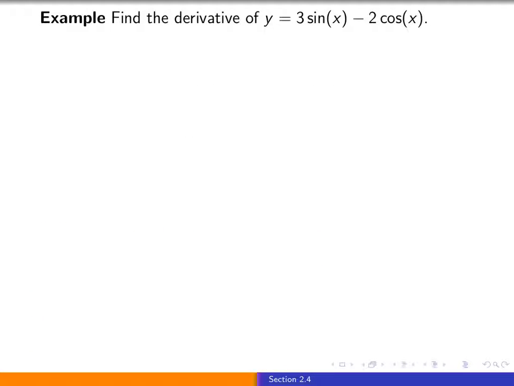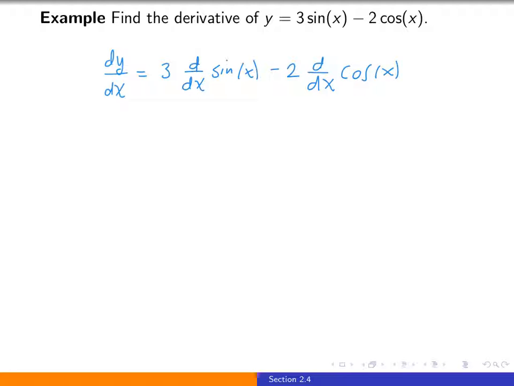Let's differentiate 3 sine x minus 2 cosine x. And what we are going to do is simply combine these new formulas with the old rules of differentiation we had. So the old rules of differentiation tells us that we can take the derivative of a sum or a difference and break it up in terms of the derivative of the first minus the derivative of the second. And when we break it up into two derivatives, the constants we see, the 3 and the 2, can be pulled out front. So this is 3 times the derivative of sine minus, and then the 2 pulls out, 2 times the derivative